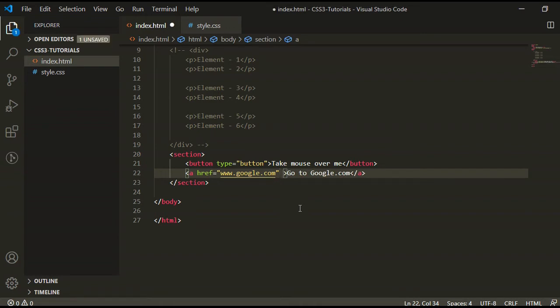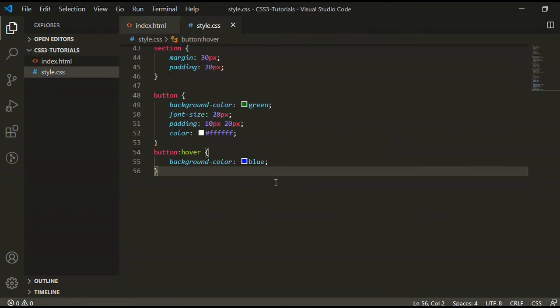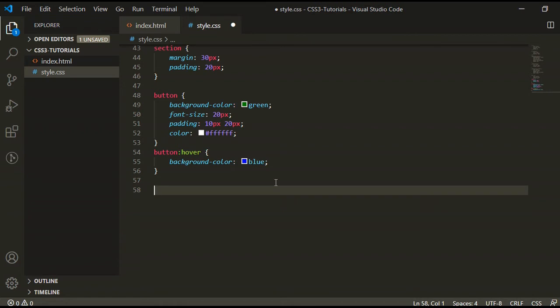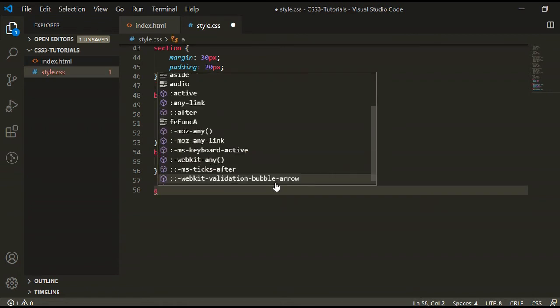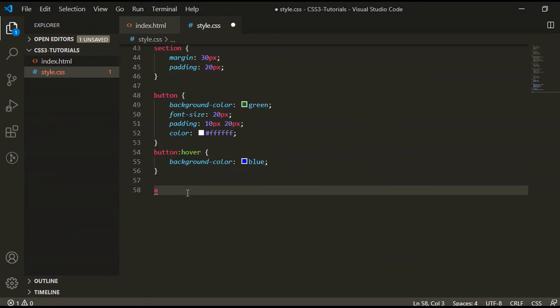We can also give the attribute title. Now write the CSS for this. First we will write the normal state of the anchor.